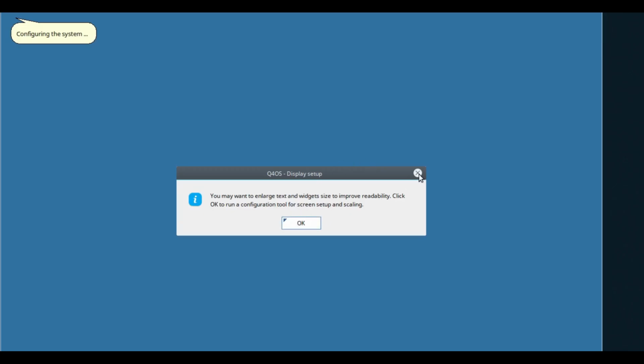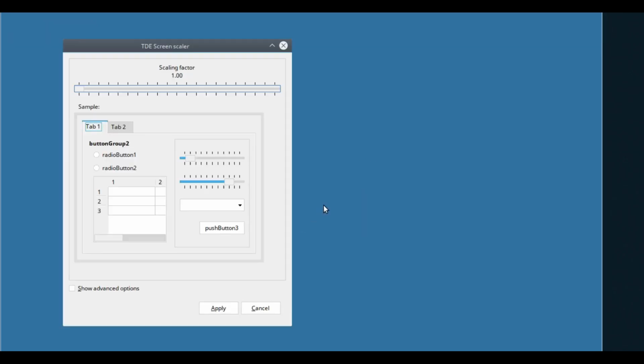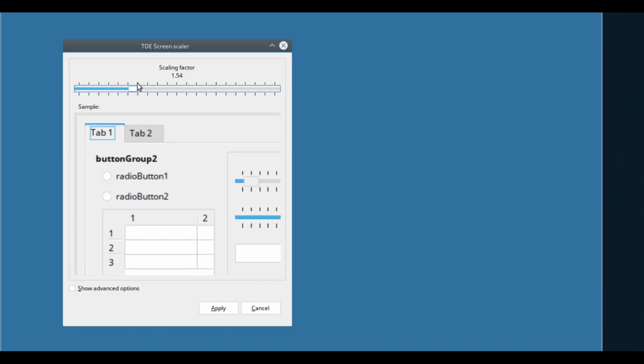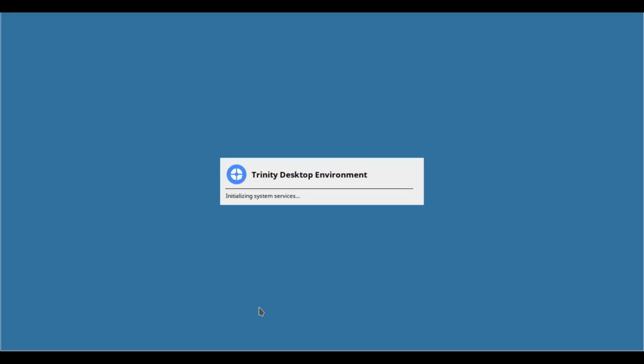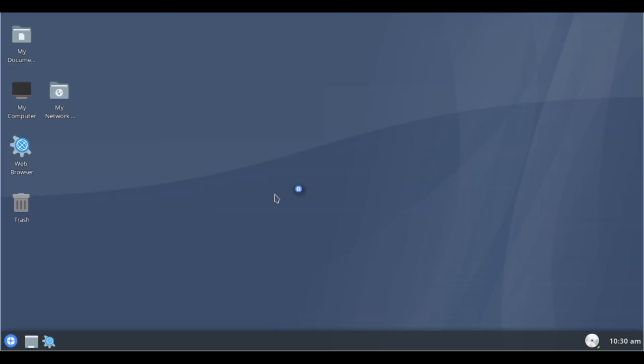And one of the first things it wants you to do is, if you want to enlarge what you see on the screen, you just take this slider, and as you see in the little window down there, it will increase the screen size, or what's shown on the screen. We're not going to do that. Starts loading Trinity. And the panel at the bottom, and then